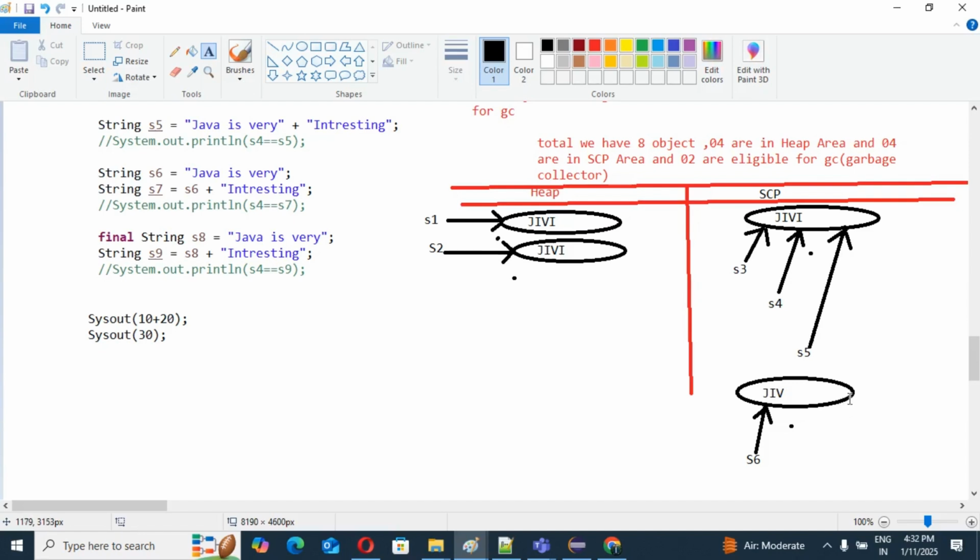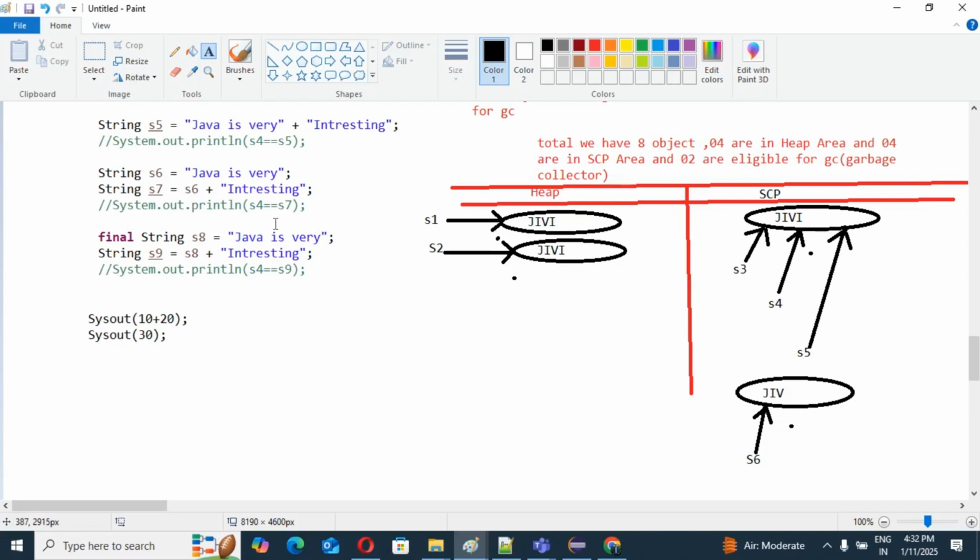I hope you understood. In the next line, String S7 equal to S6 plus "interesting". Tell me one thing here: S6 is a normal variable, yes or no? And this operation is performed at runtime. You need to understand this. S6 is a normal variable, and the operation is performed at runtime.